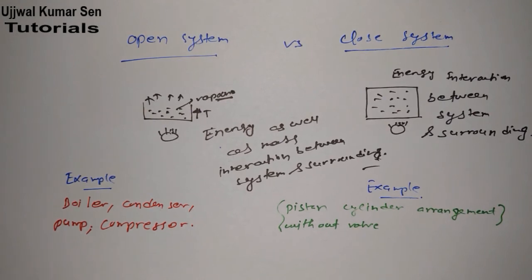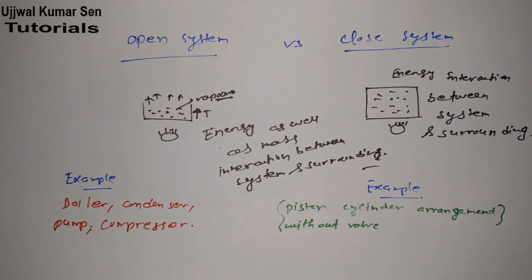Nothing means an isolated system. If you're talking about an isolated system, there is no energy or anything transferring or interacting between system and surrounding. Nothing means neither energy nor mass interaction is going on. Now if you want to know an example of an isolated system, I must say there is only one perfectly isolated system, that is the universe. The next isolated system is the thermoflask, because if you put tea inside the thermoflask,